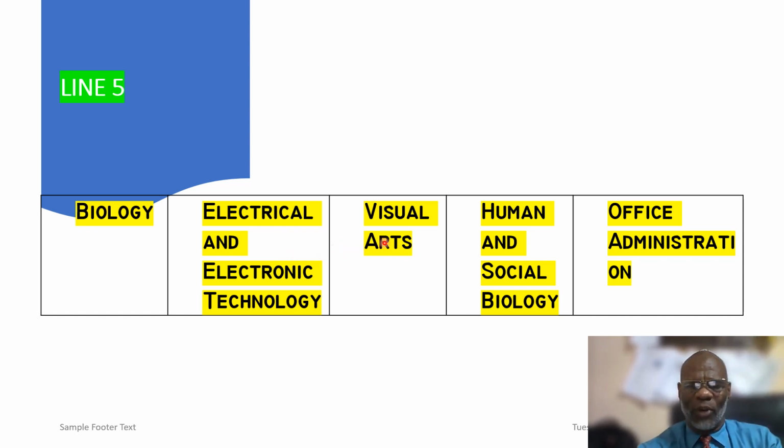Now, if you want to become a fashion designer, I think we went past the textile clothing and fashion. You want to become a fashion designer, then that's a good subject to choose, visual art. Right? Because visual art has a number of career paths in it. Right? So you can choose visual art and textile clothing and fashion. Right? And you know that textile clothing and fashion will never become obsolete because what? People have to wear clothes. Good? And so you will always be needing fashion designers. Right?